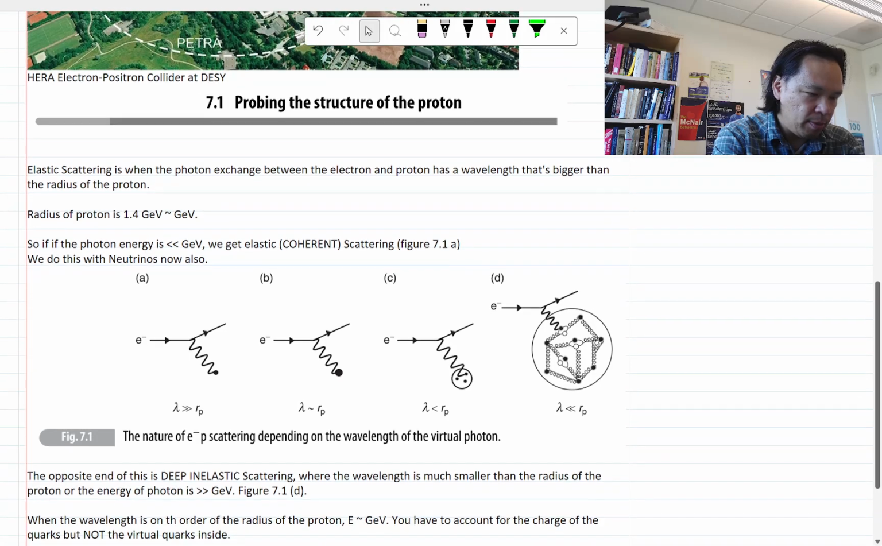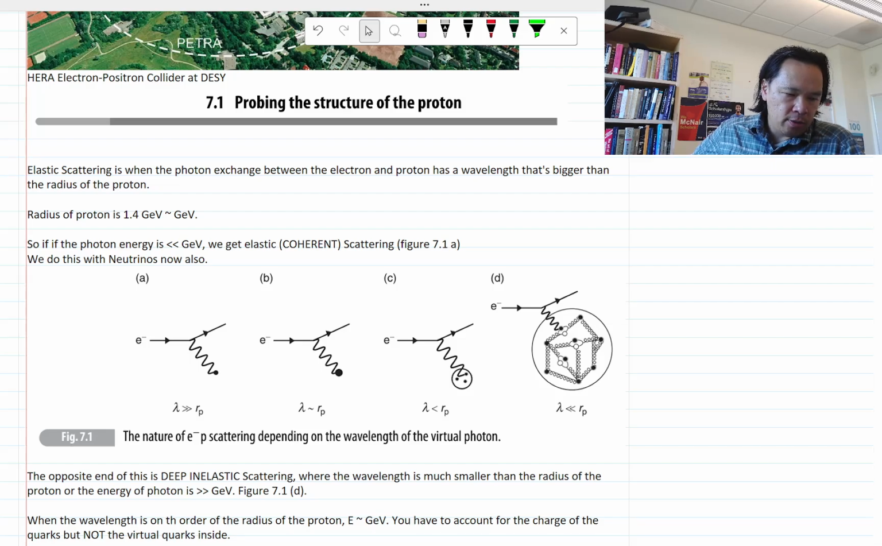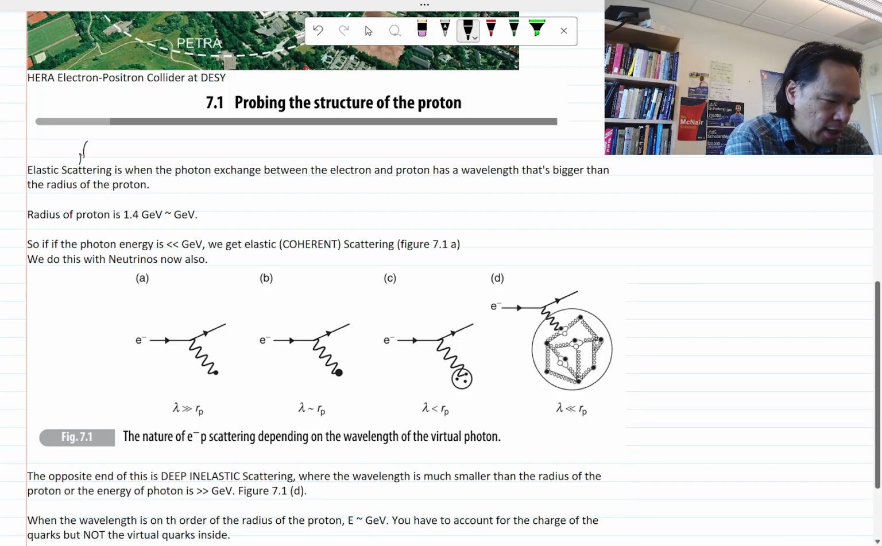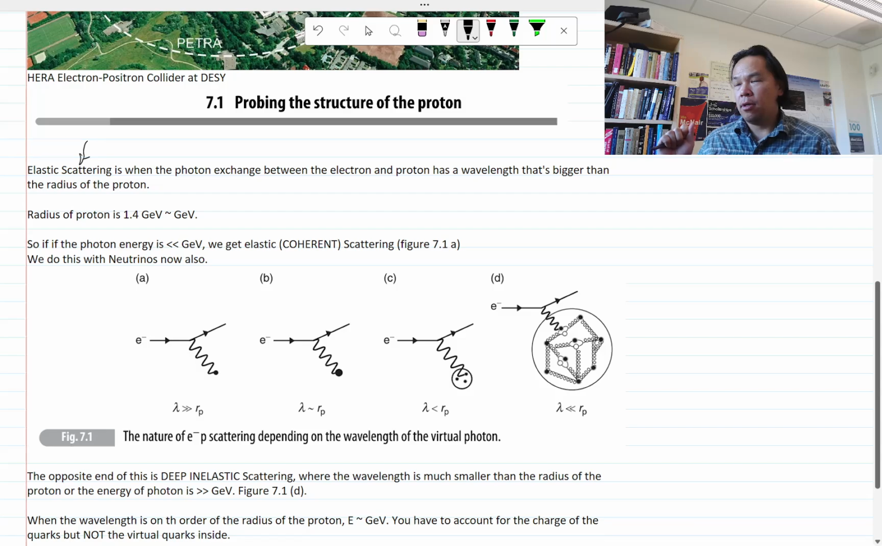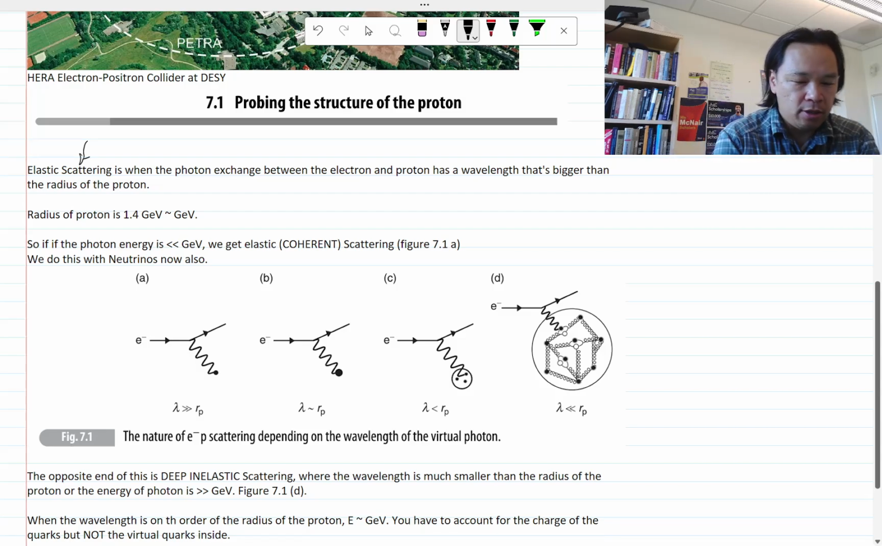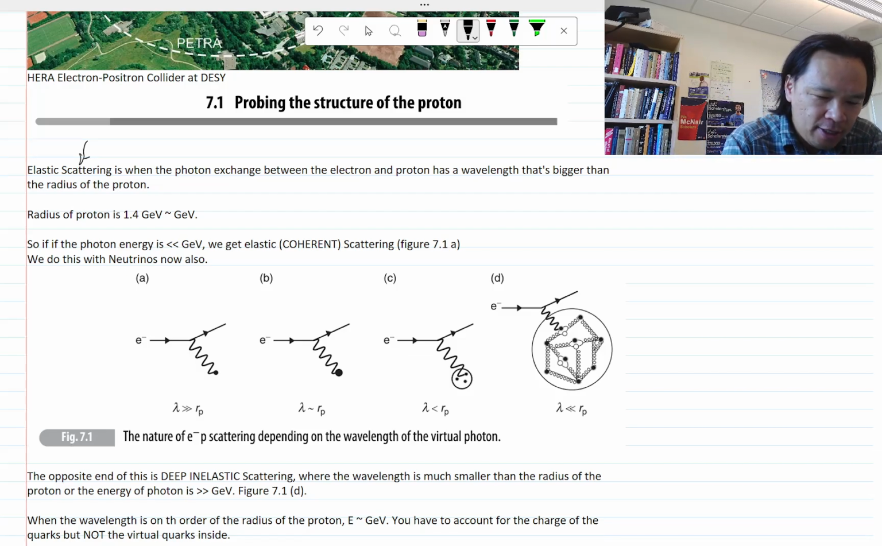So let's talk a little bit more quantitatively, and maybe with a few pictures, about what we're doing when we try to probe the structure of this proton. This chapter is going to start off with elastic scattering, which is the simpler one. Elastic scattering is, going back to my introductory general physics,